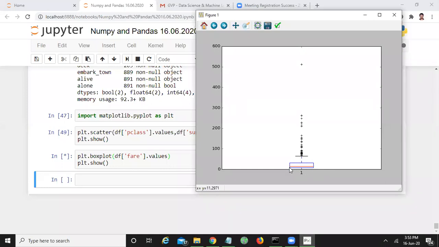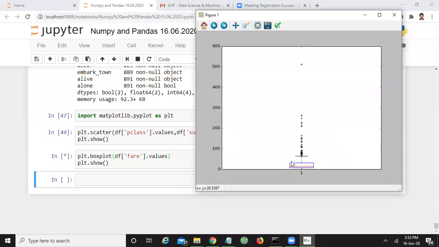So the interquartile range represents the values which are in range with the median of the entire data set. You may ask, sir, what about the other values which are not in range with the median of the data set? Those values are called outliers. See here, these plus symbols are outliers. That means those are not at all in range with this box.